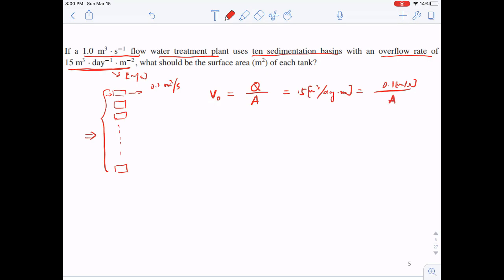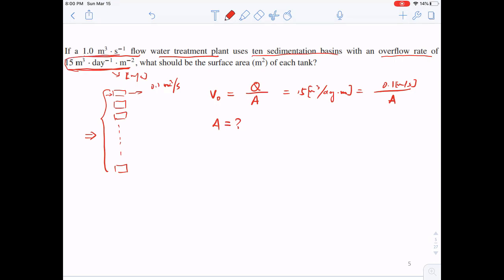And here we also have the area, right? So we can further calculate the surface area of this tank. What this simply means is that if we construct a sedimentation basin here,